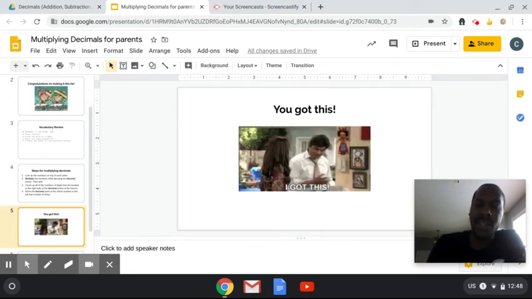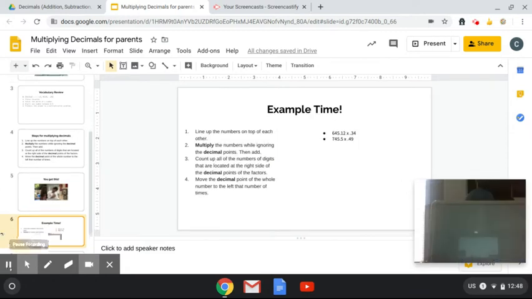Just give me a second to get my screen set up and then we'll get ready to go. All right, so we're going to get started with our first example. I'm hoping that I did this right. So it's going to be